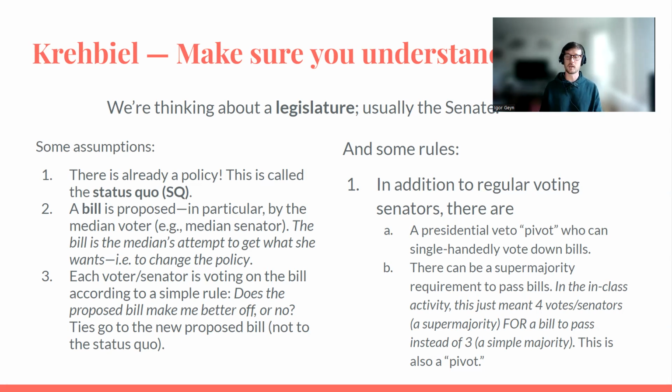that can unilaterally reject any bill, right? So whatever bill is proposed, the presidential pivot can, even if it passes, strike down that bill. And then what we sort of introduce also